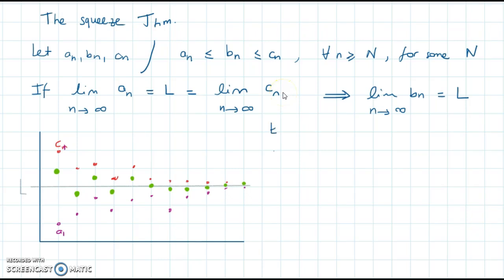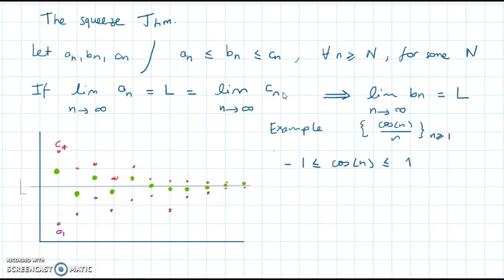Let's see an example of how we apply this theorem. So let's say we want to see what happens with the sequence cosine of n divided by n for n greater or equal than 1. So we want to classify the sequence, we want to see if it's convergent, and if it's convergent, we want to find its limit. So we may want to observe that the value of cosine is always between -1 and